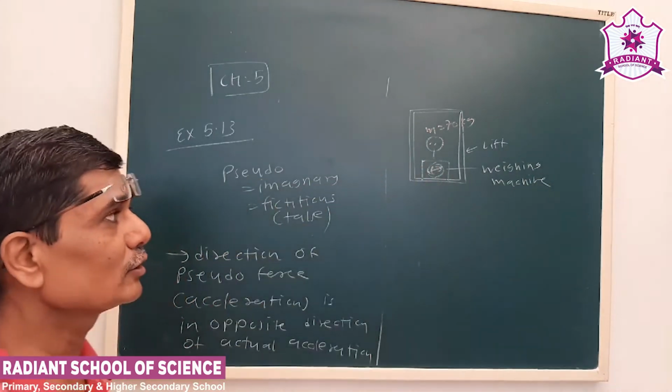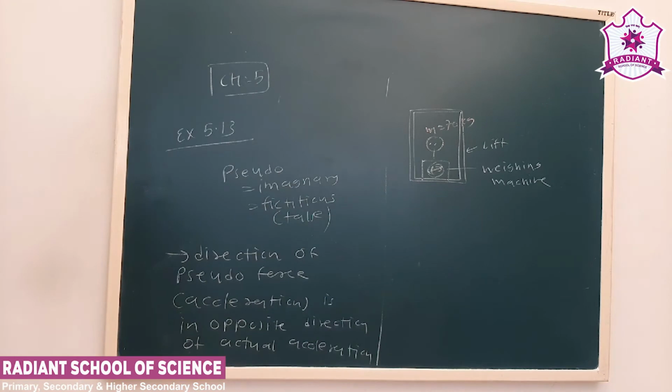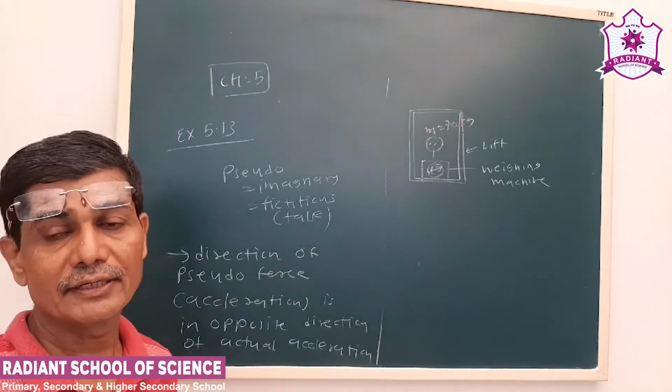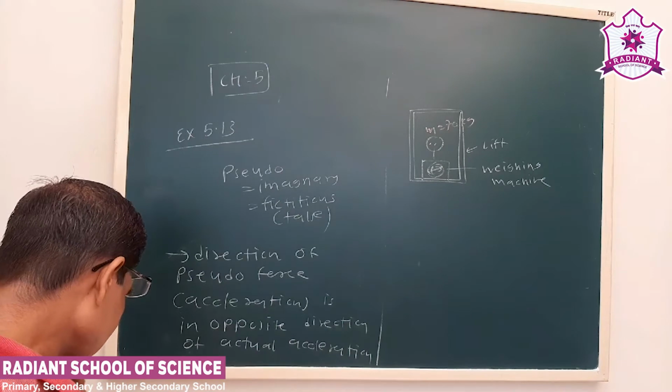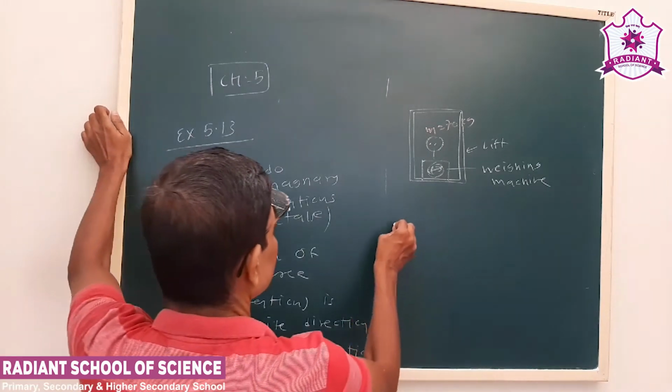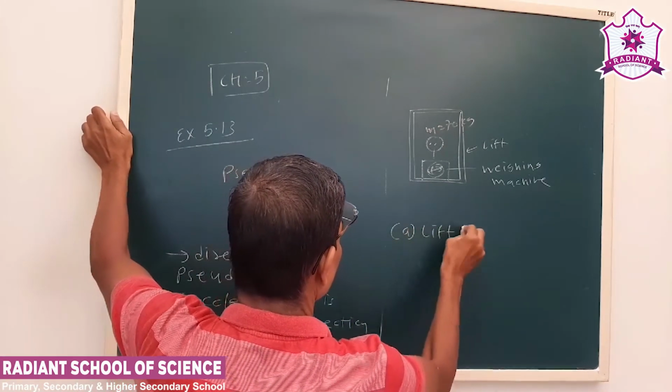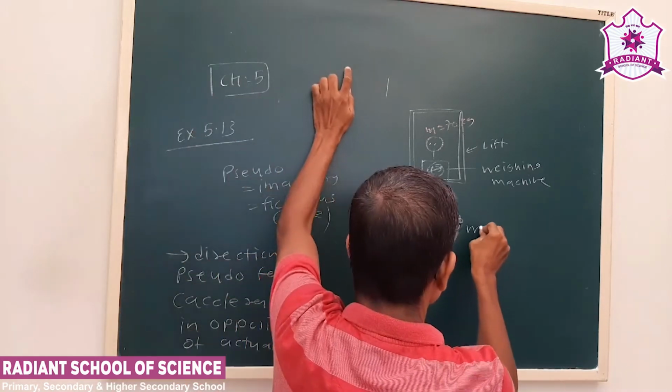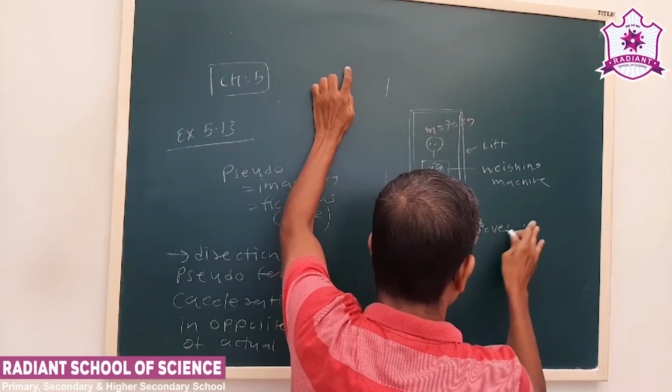We have to calculate the apparent weight of the person in different cases. First case, the lift moves in the upward direction